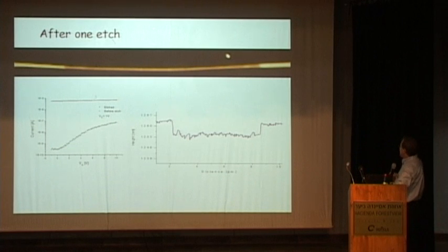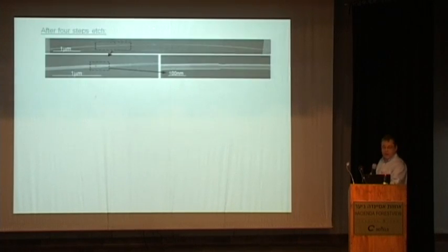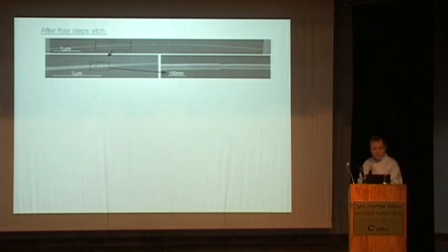So this is just after one etch, just to show you that the resistance of the wire changes. This is after one etch. One problem is that the etching doesn't give a very smooth surface. Then if you do several etches, we can measure it with the SEM. You can see we zoom in. This is one of the steps, and on this wire, you cannot see it, but we have 4 or 5 etching steps. And now we measure it both in topography